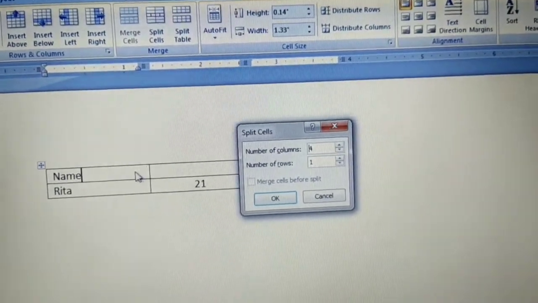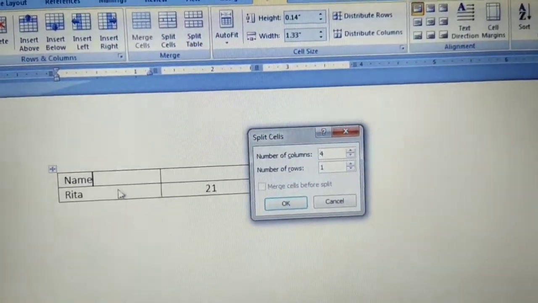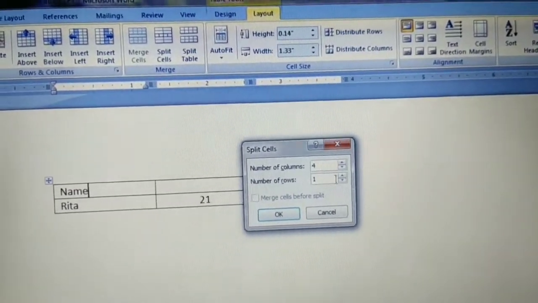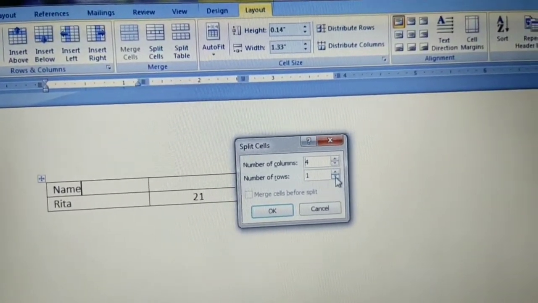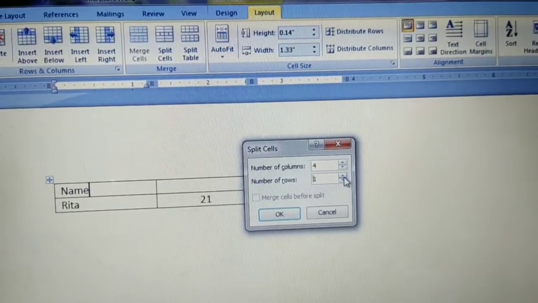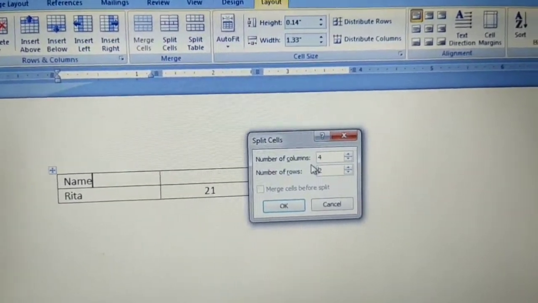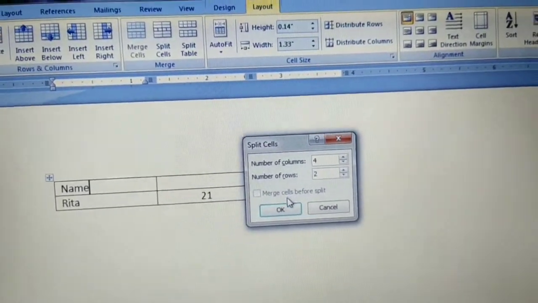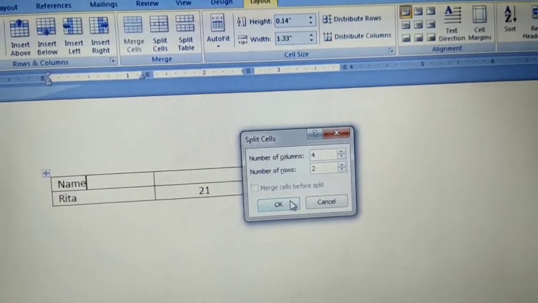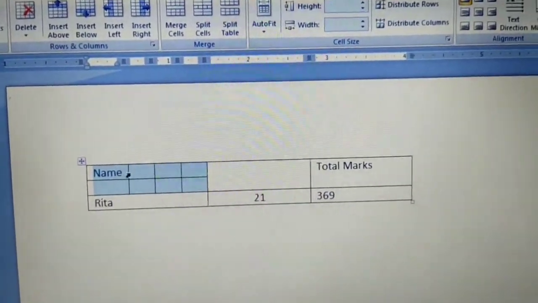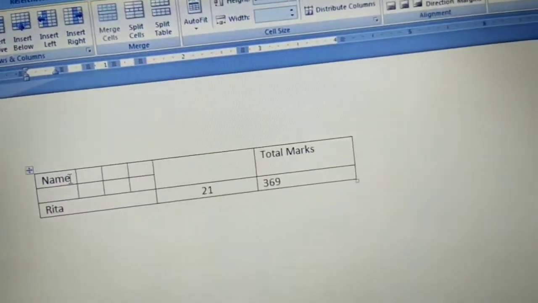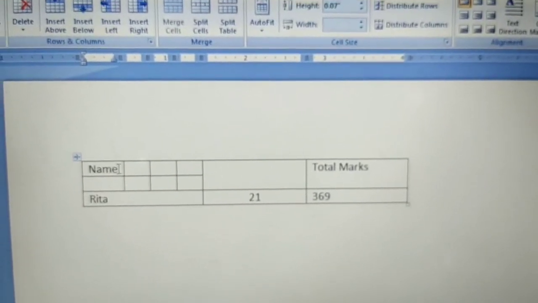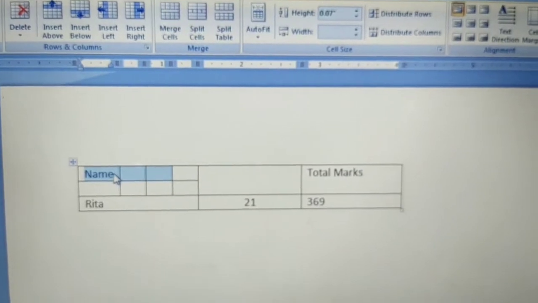You all know which is the column, yes or no? The vertical one is the column, and the horizontal one is the row. I will give the rows as 2. So the number of columns is 4, and the number of rows is 2. Now I'll click OK. Now you see, I have given 4 columns: 1, 2, 3, 4.